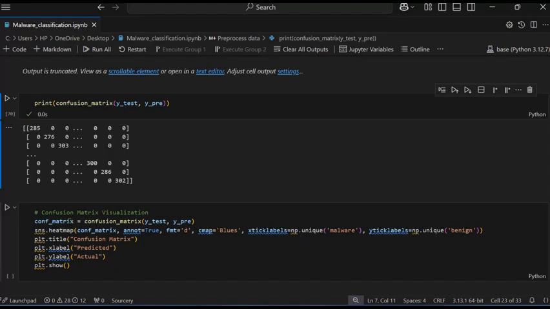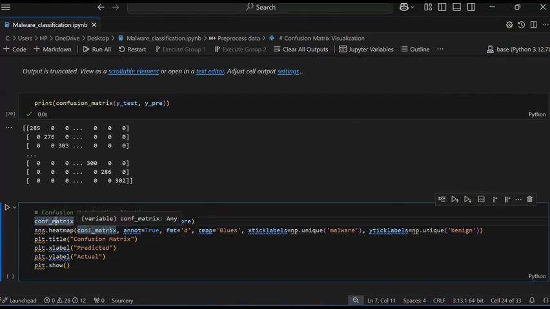So I have created a variable name, confusion matrix, where I pass y_test and y_predict, using the heatmap, then the variable name, then these are the arguments, and extract np.unique where I pass the column values, malware and Benign.